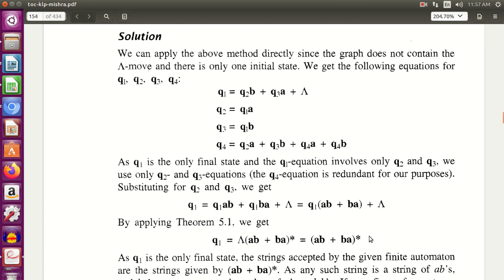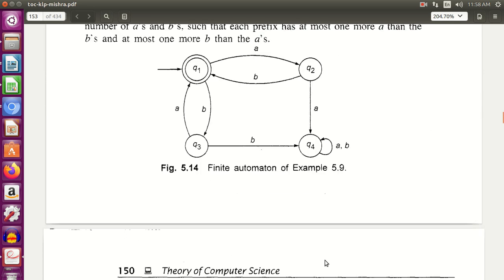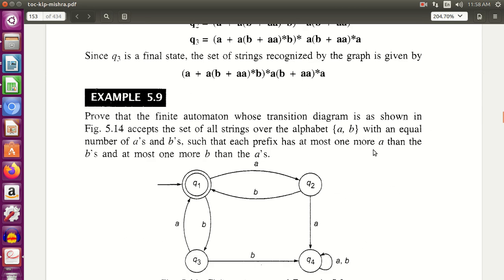So this is the regular expression that we are getting, and if you look into this regular expression carefully, it's a combination of ABs and BAs. Always an even number will be there, and for each A there will be a B, and for each B there will be an A, right? So now let's go back to the statement that we were given. The regular expression should be such that the set of all strings of alphabet A, B with an equal number of A's and B's.